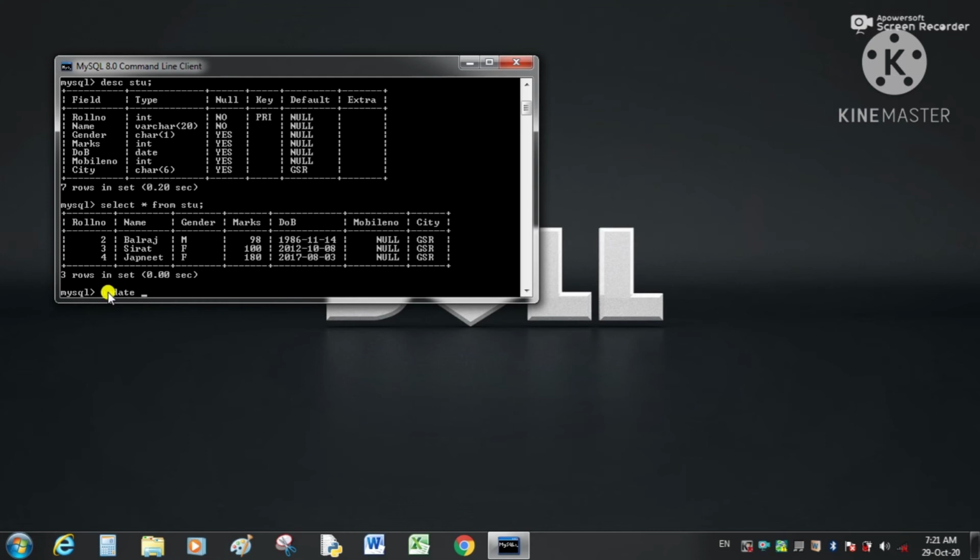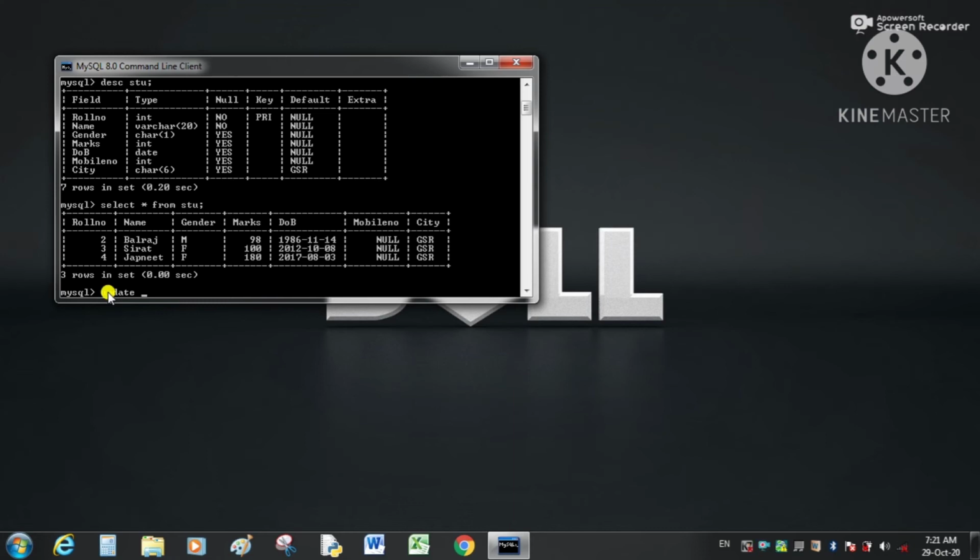update. As we know, SQL is not a case sensitive language. It means we can write in either uppercase or lowercase.